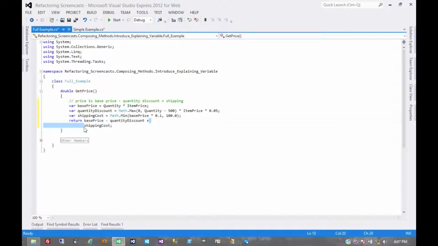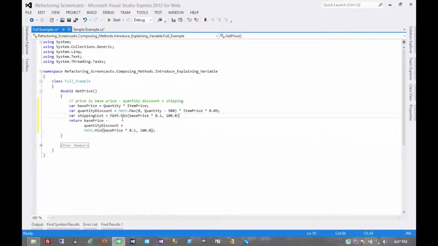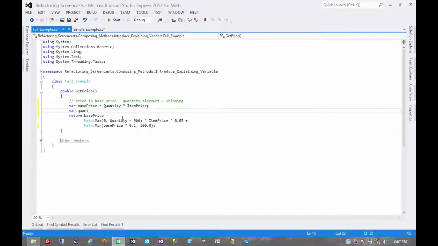So essentially we've introduced these temp variables, which you might say we don't necessarily need, but what it does is it puts each individual expression into its own name. And in fact, we can get rid of that comment because it's superfluous at this point, because we know that the price is base price minus quantity discount plus shipping cost. Now there's even another approach we could take to this, and you might have thought that we would have done this in the first place. Instead of extracting these